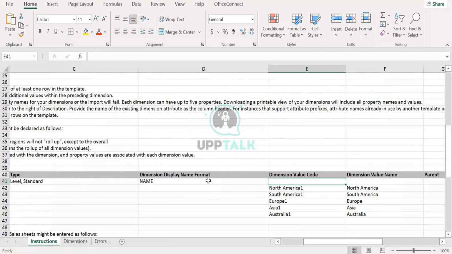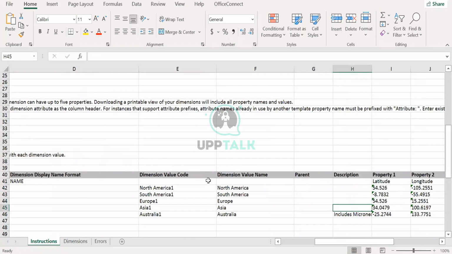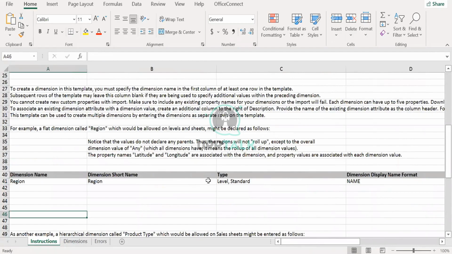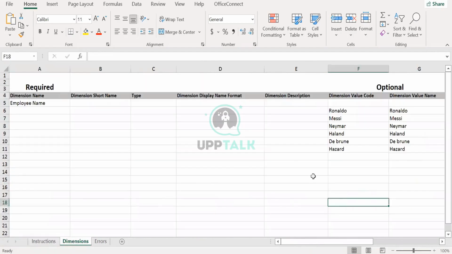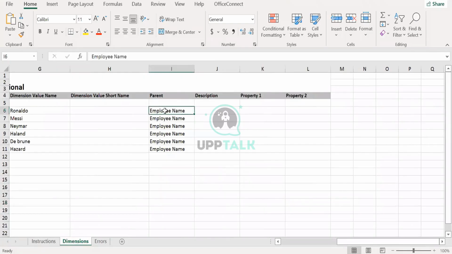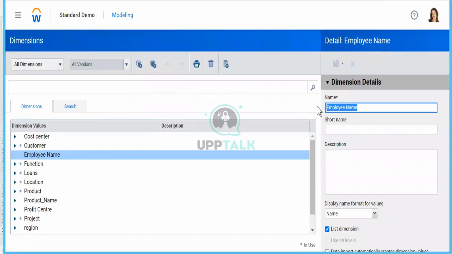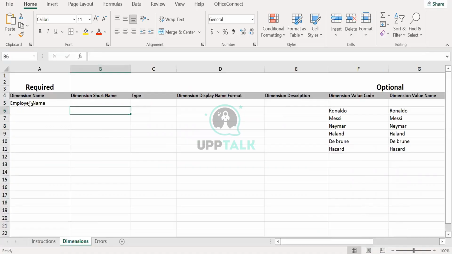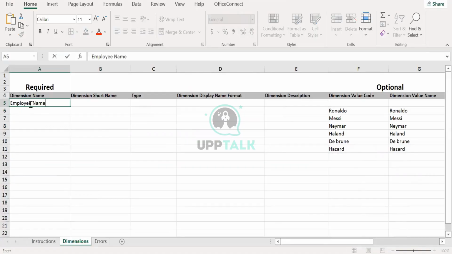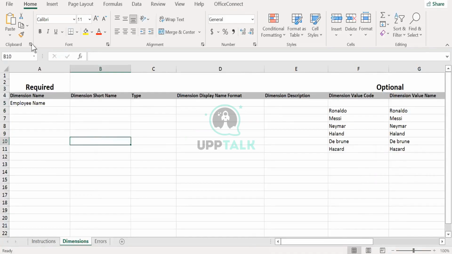We have done this for North America. For parent, they have kept it as blank. Let's say we don't write anything in parent. We don't write anything and we just copy paste the same name for employee name.